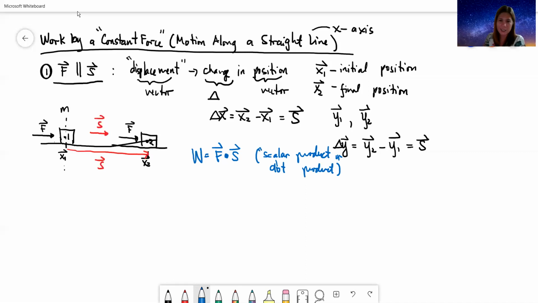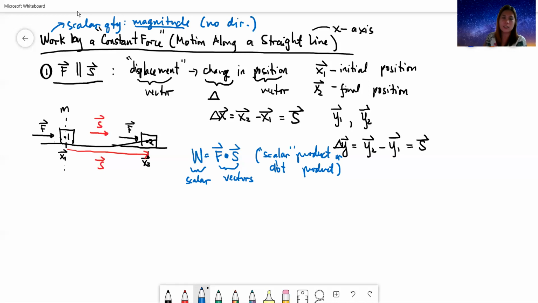And then the scalar term here will remind you that yung resulting quantity dito from the two vectors here, ito vectors ito, di ba? But their dot product is a scalar quantity. So meaning to say, work has no direction. Okay, so it's a scalar quantity. Meaning, kumpleto na ang identity niya by giving its magnitude. So, walang sense kung magbibigay ka ng direction kasi wala siyang direction. Yan yung scalar quantity natin. Okay? Pero yung parents niya, vectors.